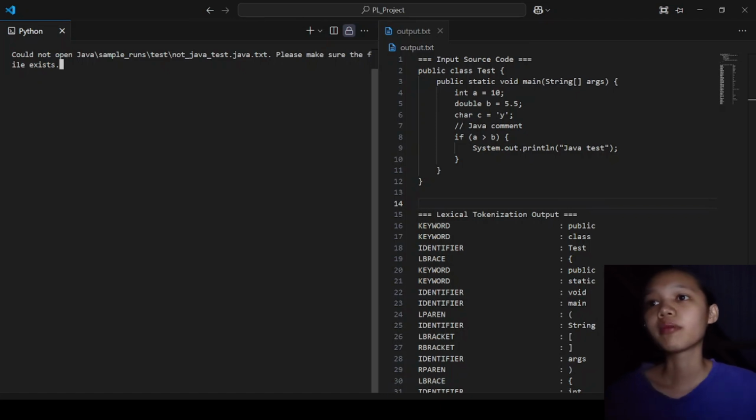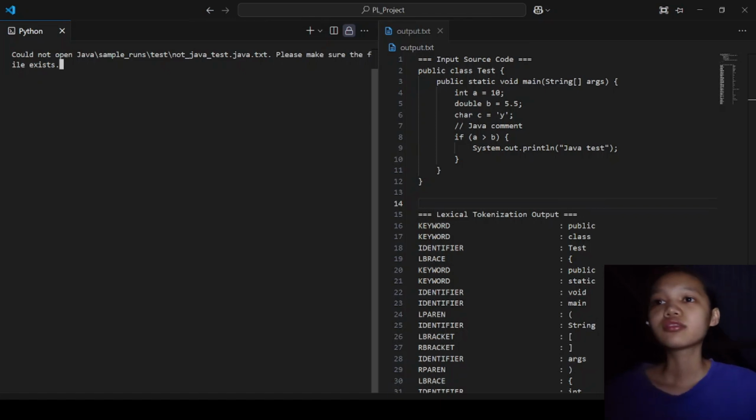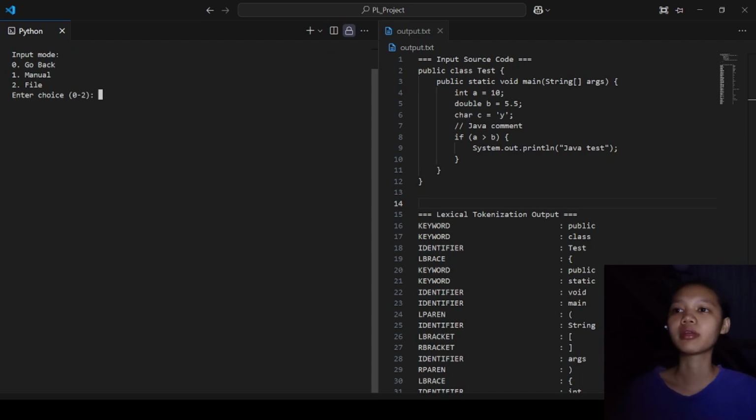An error message will also appear on our program, indicating that the file we entered does not exist. So let's go back to the main program.